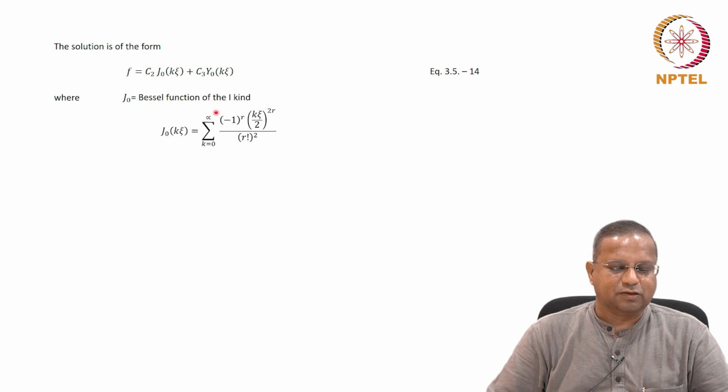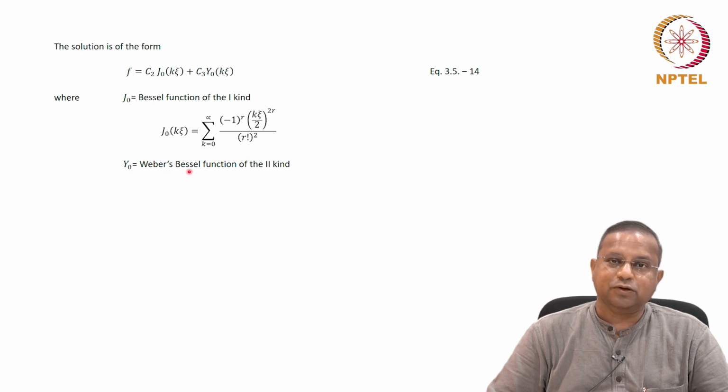For example, the Bessel function of the first kind J0 of k xi is the sum of r going from 0 to infinity of (-1)^r (k xi by 2) raised to the power of 2r divided by (r factorial) square. Okay, so this is the Bessel function of the first kind, and Y0 is the Weber's Bessel function